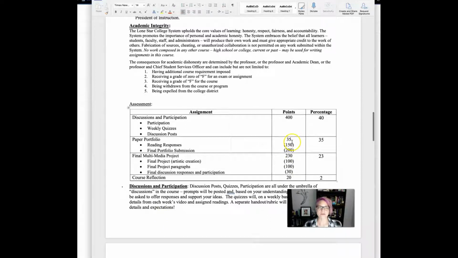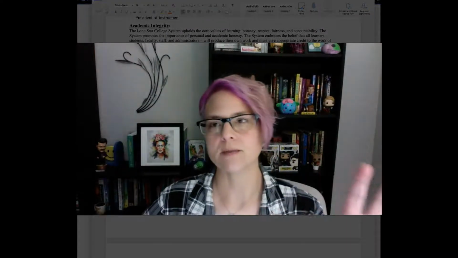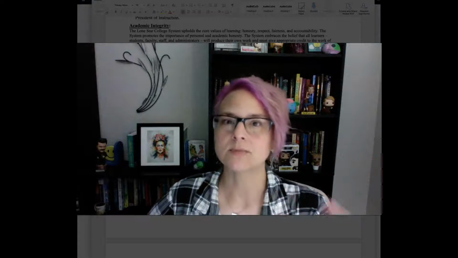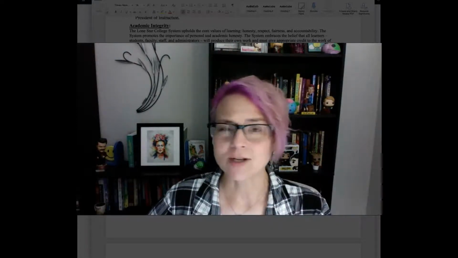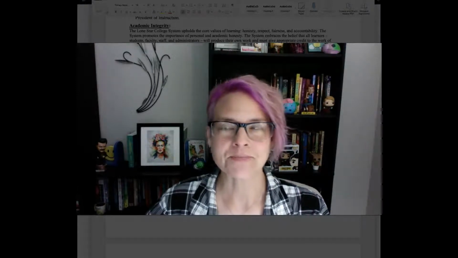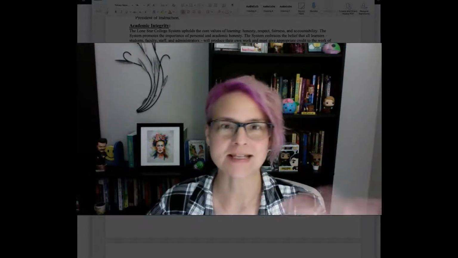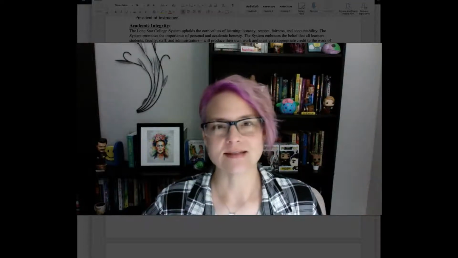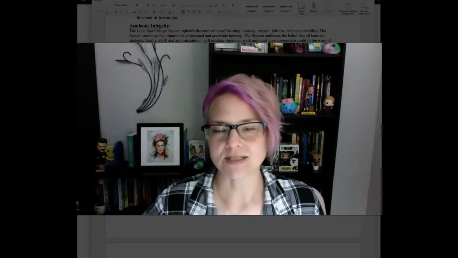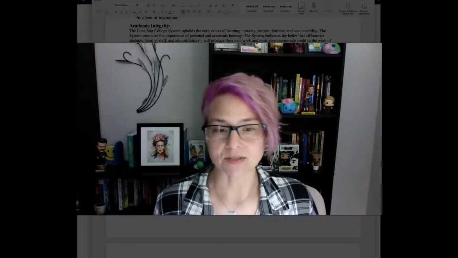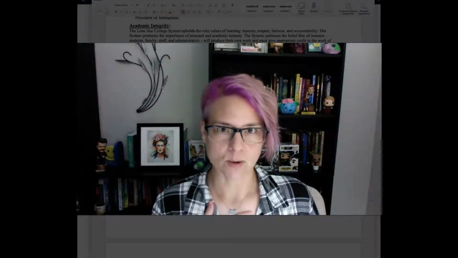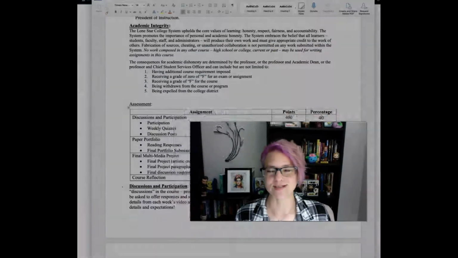And then we get into our assessment chart. So the points are here because we will be working with points. So in your grade book, you're going to see points instead of percentages. Sometimes I have students freak out and they go, I only got a 10 on this discussion post. Well, it's a 10 out of 10 sometimes, or a 10 out of 20, right? So note that you'll see points instead of percentages. Although when you look at the different grades, D2L should actually calculate a percentage for you, but I will be awarding points rather than percentages.